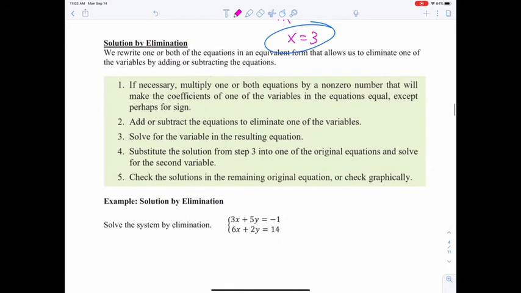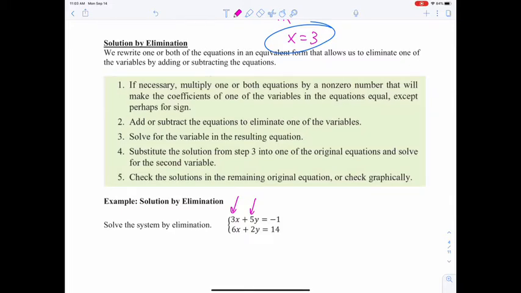All right, elimination is the other way to solve these types of problems, these systems of equations. So we rewrite one or both of the equations in an equivalent form that allows us to eliminate one of the variables by adding or subtracting the equations. Here are some basic steps. If necessary, multiply one or both equations by a non-zero number. Obviously, if we multiply by 0, everything goes away, and we don't want that. That will make the coefficients, remember the coefficients are the numbers in front of the variables,